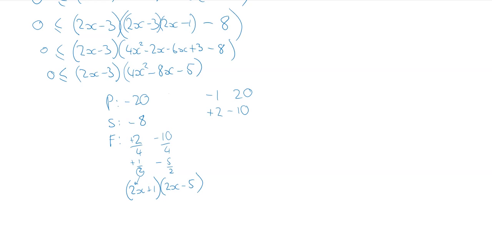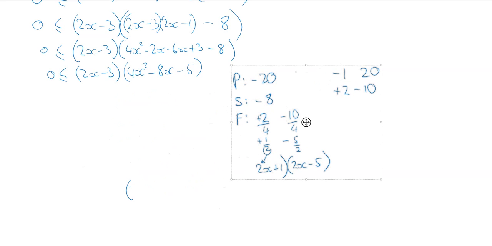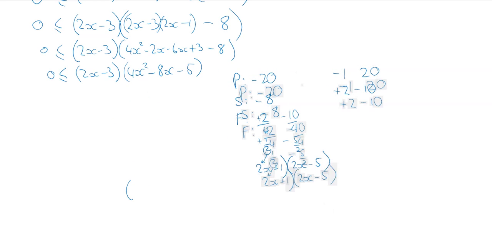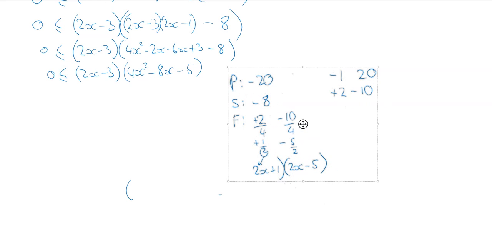So I can take a 2 out of everything altogether. Okay, so I'm just going to move that over there. Oh, I missed that bracket. That's fine, put that bracket there. And so that means I can factorize this now into